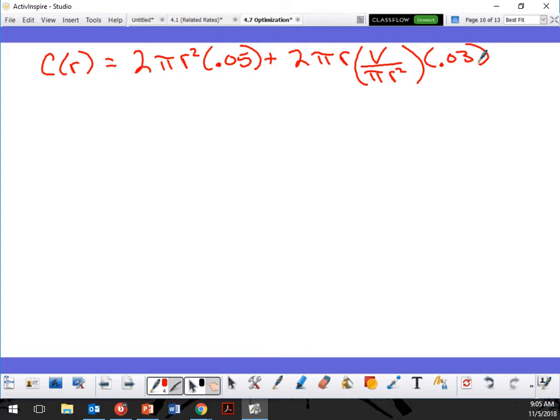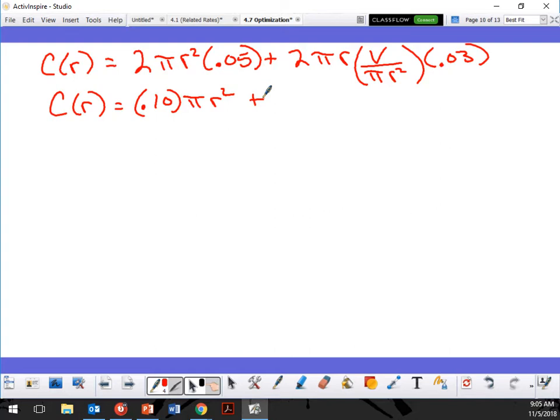So now, since I'm doing costs in terms of r, I could go ahead and just do this for r. So I'm setting it up. Let's go through, and I can clean this up a little bit. So C of r is equal to what? Multiply those out. What's that? 0.10, right? Pi r squared